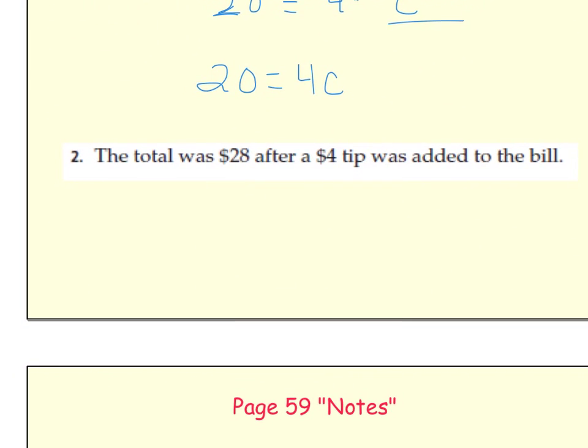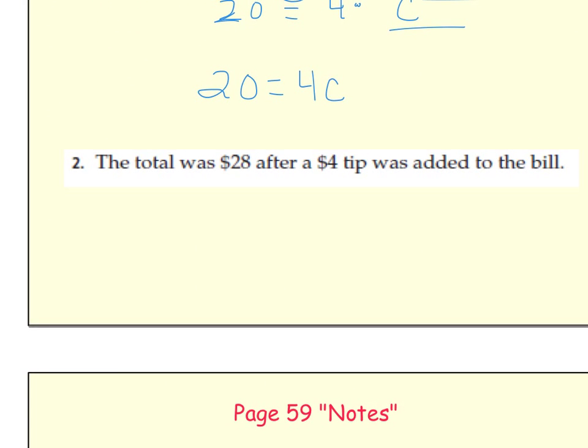How about on the bottom? The total was $28 after a $4 tip was added to the bill. So let's see what my important information is. The total was 28 after a tip of 4 was added to the bill. So I have a total of 28